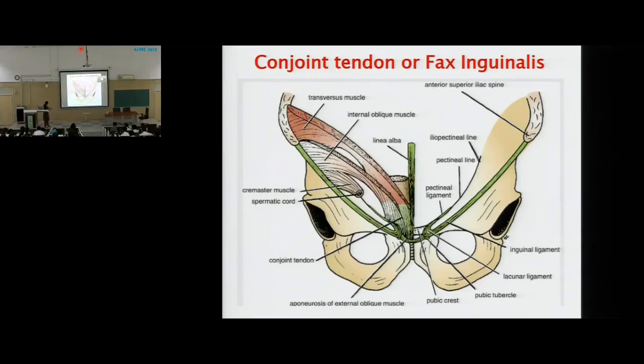उसके बाद internal oblique fibers are going to originate. अभी मैं cremasteric की तो बात ही नहीं कर रही. I'll talk of cremasteric muscle in the inguinal canal. अब internal oblique आ गया. Internal oblique means they are going to originate from lateral 2/3. ठीक है. Originate करके अब ये वाले fibers का जो lower end है, यहाँ पे भी तो fibers होंगे, internal oblique का aponeurosis होगा, but that is free ना.